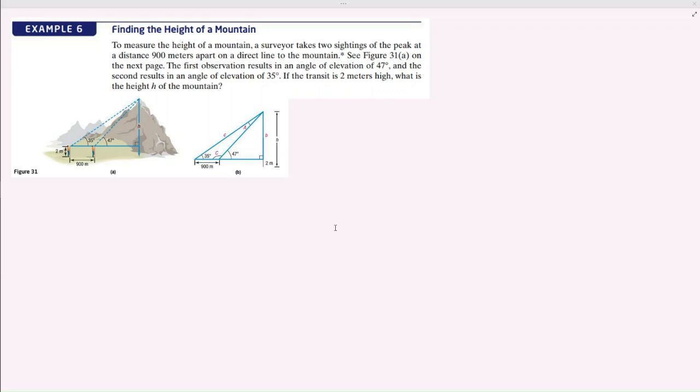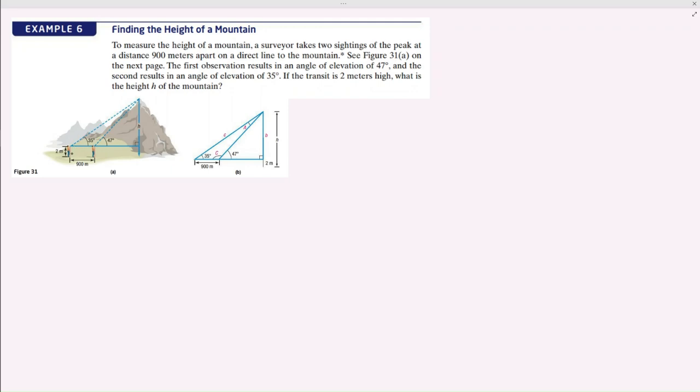Alright, let's look at an example application now that we've got a way to find all the angles and all the distances in a triangle. We've got an application where we'll create a triangle and use it to, in this case, a surveyor is going to determine the height of a peak of a mountain. So all they have to do is, if you've ever seen the surveyors with their equipment out there, if he gets an angle